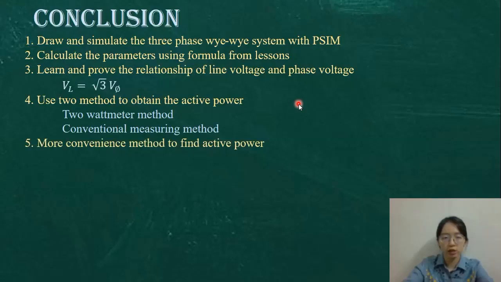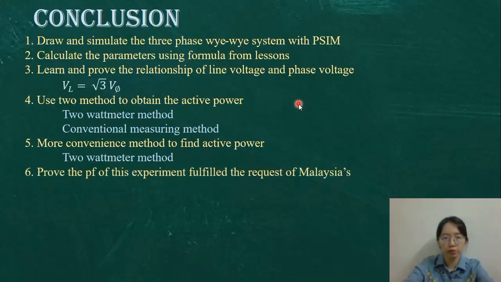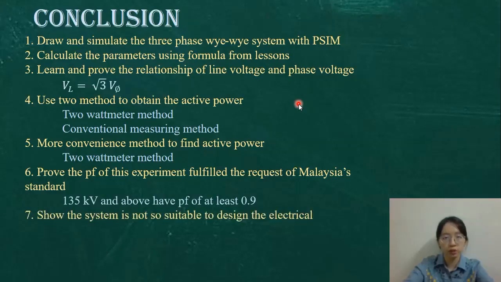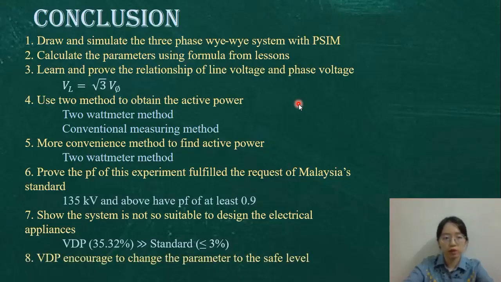And I suggest that the method used to find the active power is the 2 wattmeter method, as it is more convenient. 6. Prove that the PF of this experiment fulfills the request of the Malaysia standard, as I use the line voltage of 275 kilovolt, so it needs at least 0.9 PF. 7. Show the system is not suitable for designing the electrical appliance, as the VDP obtained is much larger than the standard. The last one, VDP encourages us to change the parameters to a safe level to avoid any hazard such as